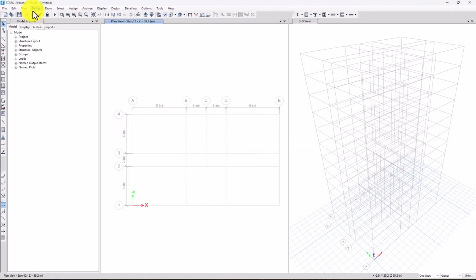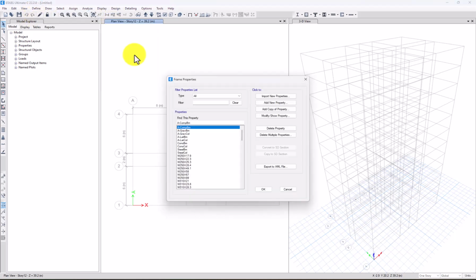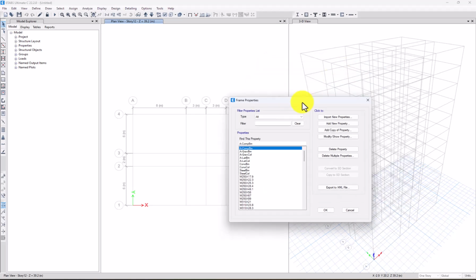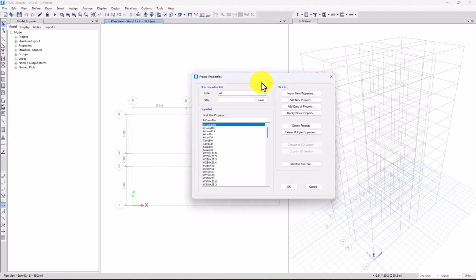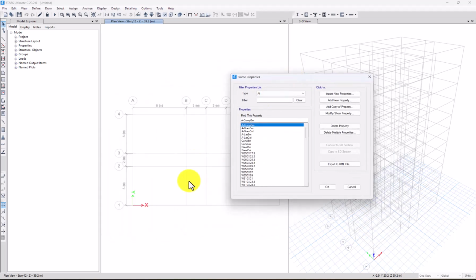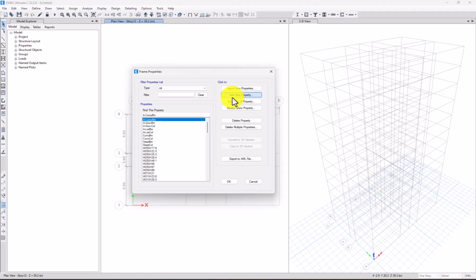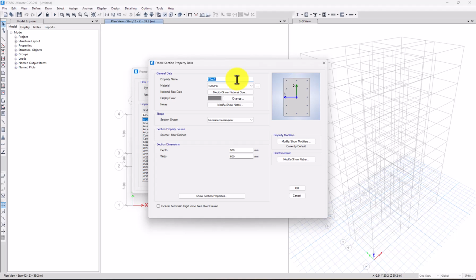So okay, and we go to the define section. The first section is the column section. We assume the column is uniform from the first floor to the top floor, for the simplicity of the tutorial. But in case you must use different or varying column sizes to consider the stress, the stiffness is distributed in the structure differently. So I come to here and I want to define a concrete rectangular column, and then I say column. You can actually model different columns, such as L section columns, T section columns, any section that you want. But the simple model is called box,